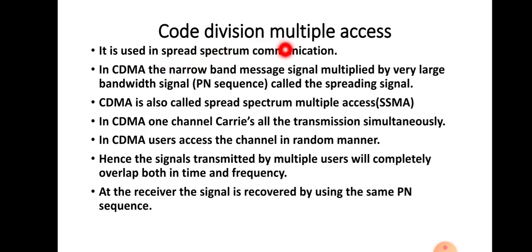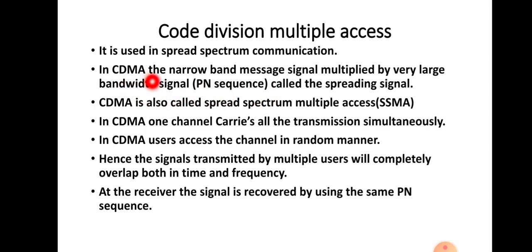So in the case of CDMA also such type of spreading occurs. That means here the code word used is a PN sequence, that is pseudo noise code sequence. Different code words we are using, different PN sequences, and each of these code words will be orthogonal to each other. That means if we multiply two different PN sequences, the result will be 0. And if the same orthogonal code is multiplied with itself, then the result will be equal to 4. That is the property of orthogonal codes.